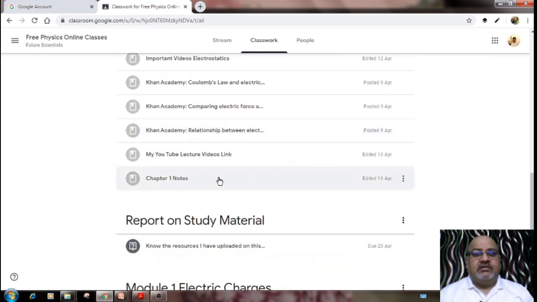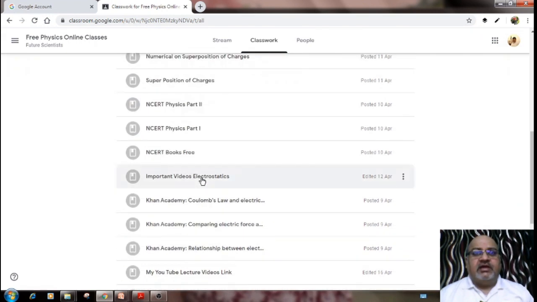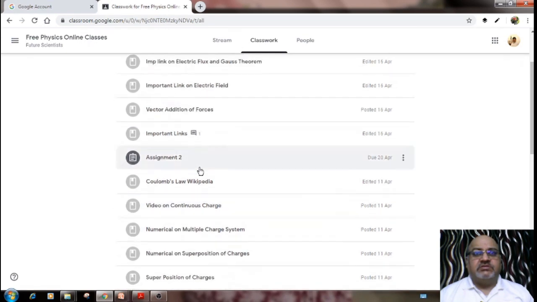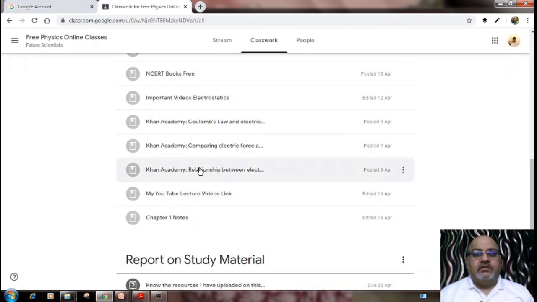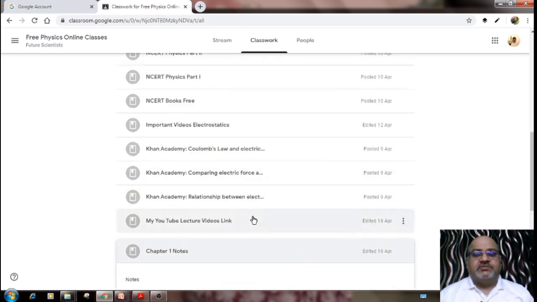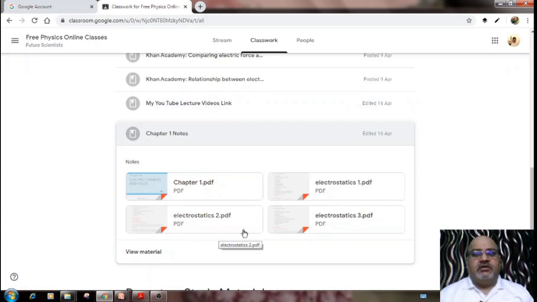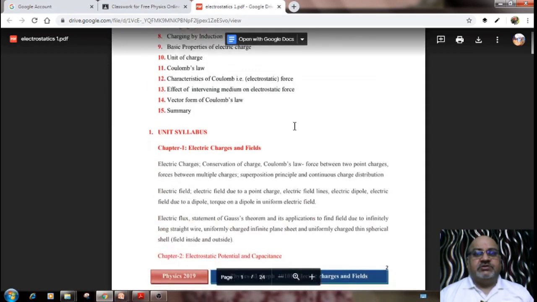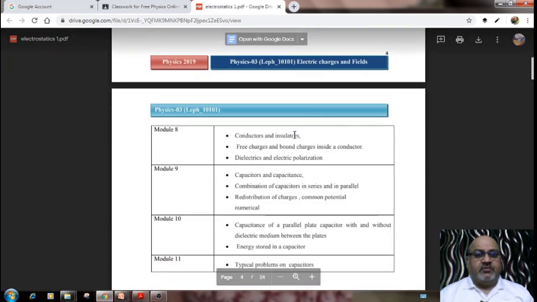See, chapter 1 notes. Here I have provided chapter 2 notes also, I think. In this I have provided all three notes. Three files I have provided. See, this is the chapter 1 NCERT book, and this is the first PDF file. 24 pages of authentic notes from approved sources.